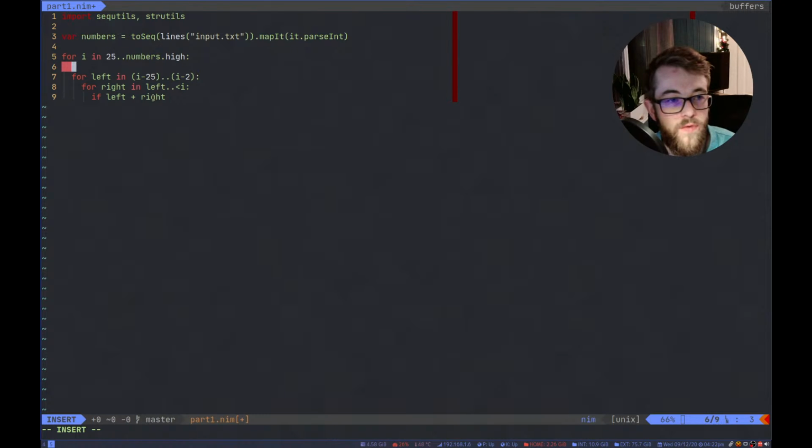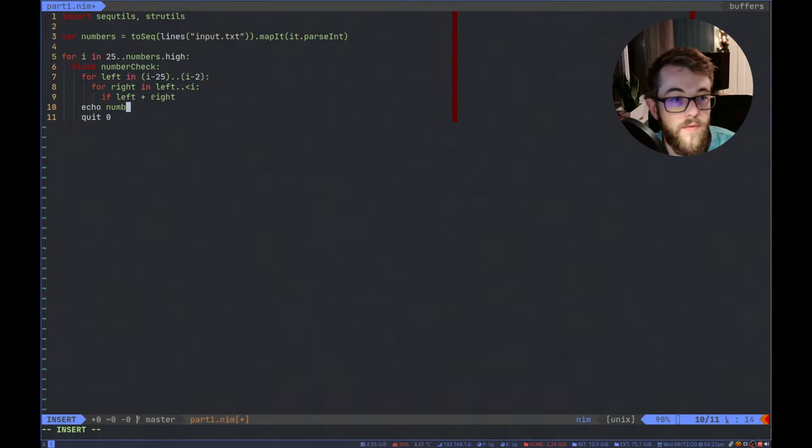Let's make a block here, which is the number check. So if it doesn't break out of this, that means nothing sums to it and we can quit.